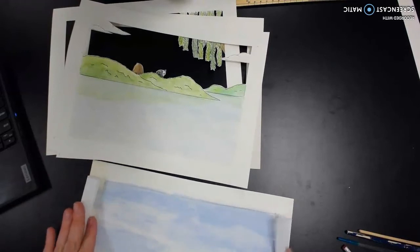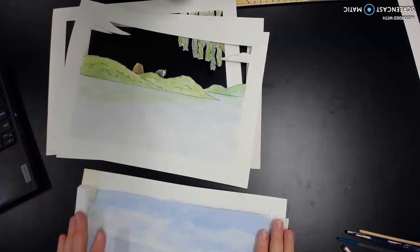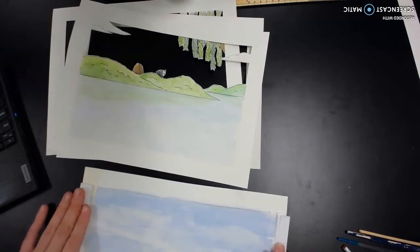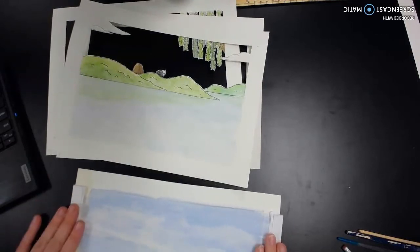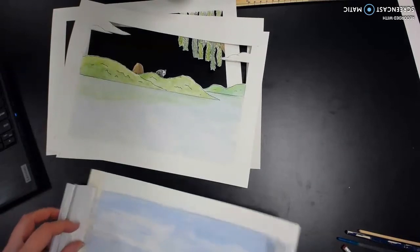And so on. If you find that your paper was warped just from a lot of water, you can always put all the layers underneath a few heavy books for a few hours or overnight, and that'll help flatten them out a little bit. So glue, wait for that to dry, give it a few minutes. Same thing, so I'm going to